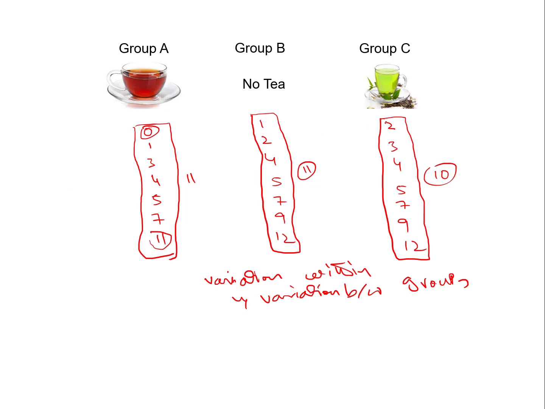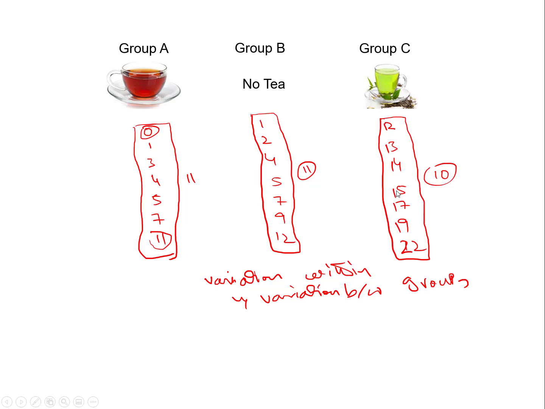Let's suppose I am changing this one. This is 12. This is, let's suppose, 13. This is, let's suppose, 14. This is 15, 17. This is 19. And this is, let's suppose, 22. So now we want to compare between the groups, the variation between the groups. If you compare, the range in this one is 11, and here the lowest is 12 and the highest 22. So still within the group nothing happened. The range, the variation, the mean is still the same within the group, but between the groups some changes occur.